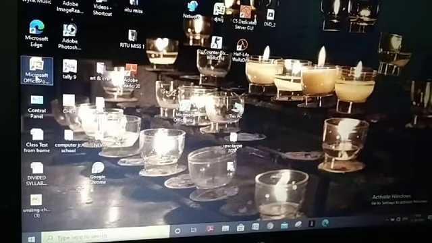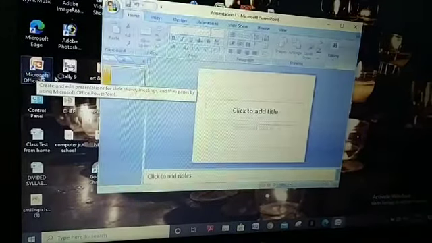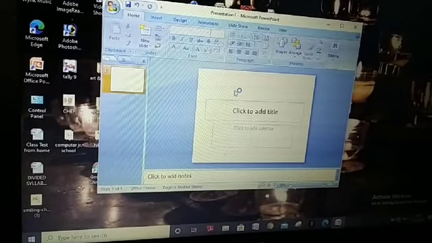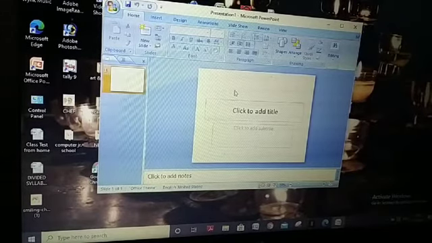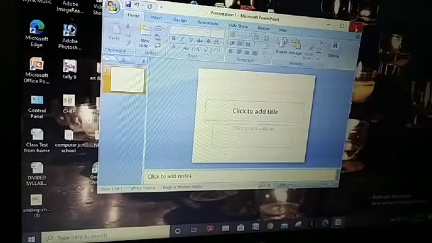These small pictures are icons, and each icon represents a program. This is Microsoft PowerPoint. When I double click on it, it opens the program. You can see this is the PowerPoint program. So through these icons we can open programs. Clear?